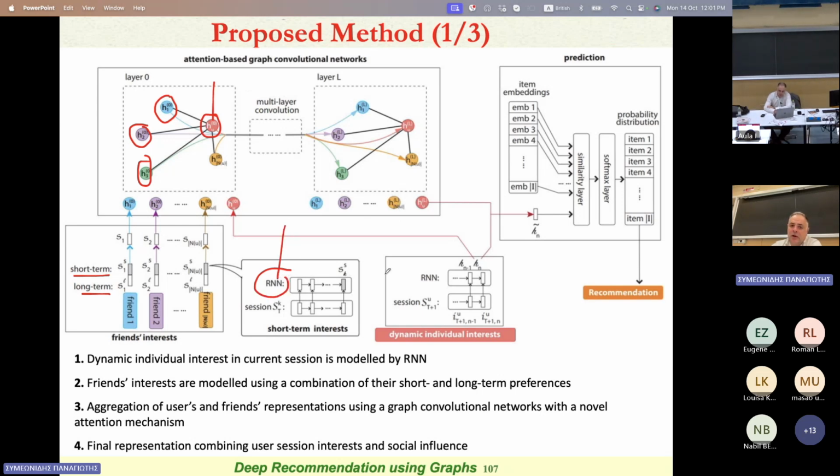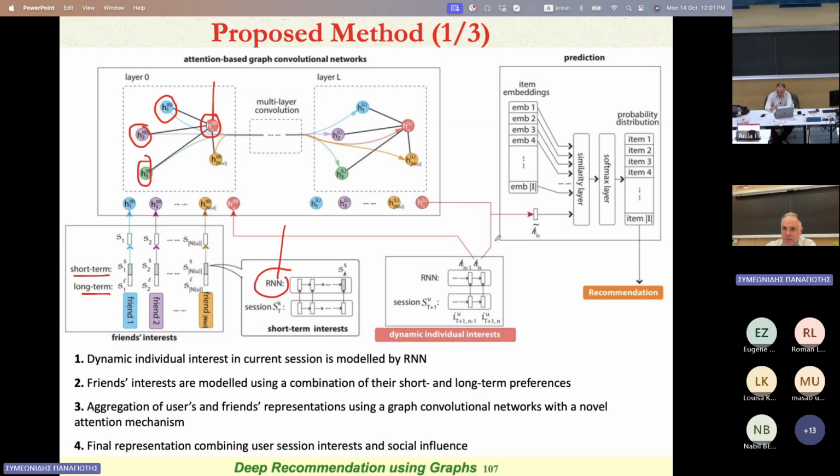A recurrent neural network has some building blocks of GRUs, LSTMs, long short-term memories, which help them to forget and give more importance to more recent information or interaction. Okay, so this is how they employ the recurrent neural network,